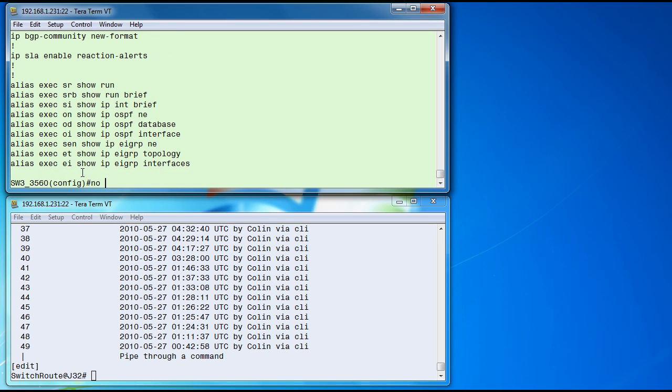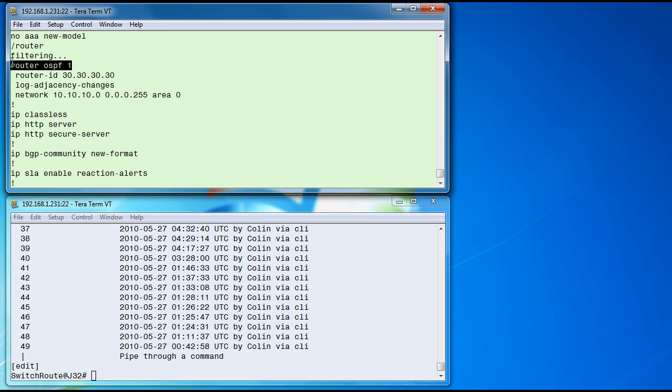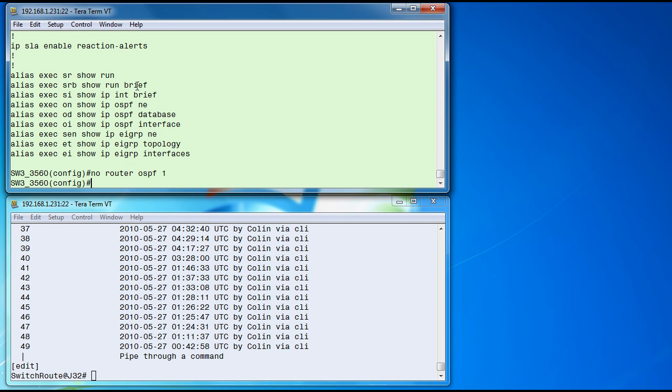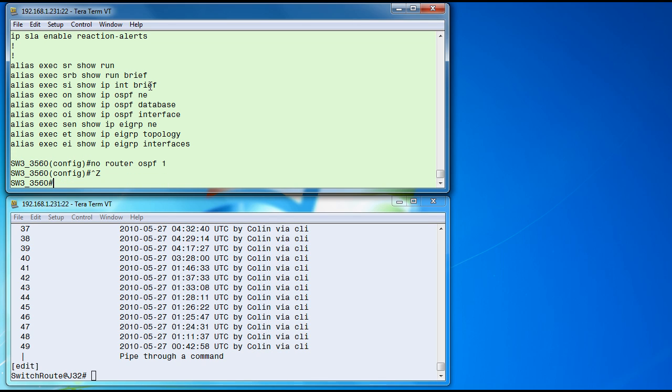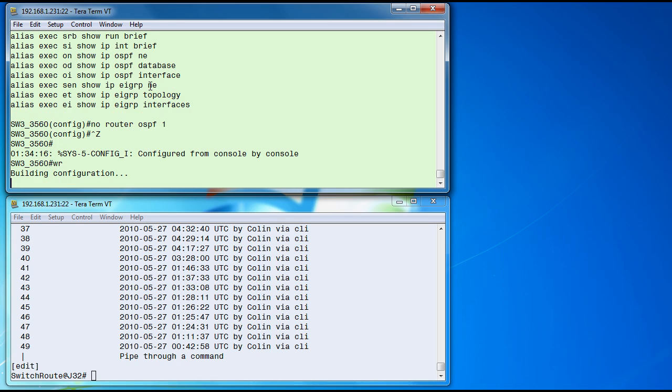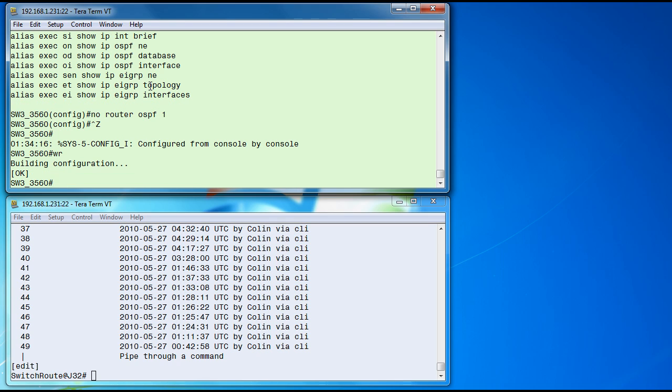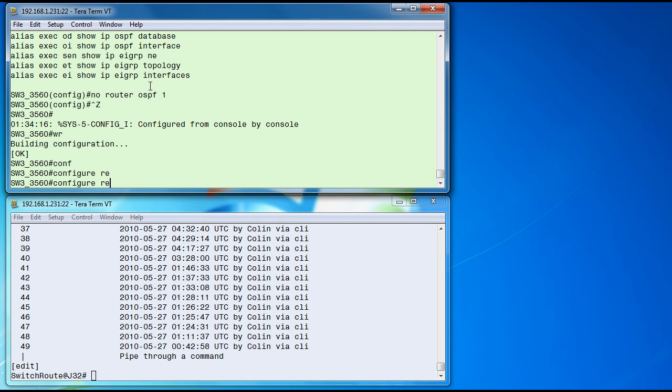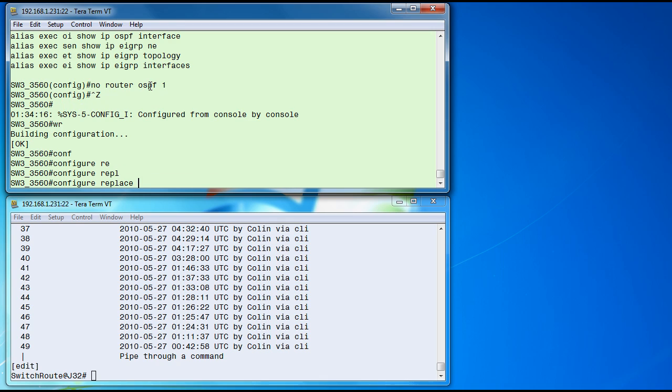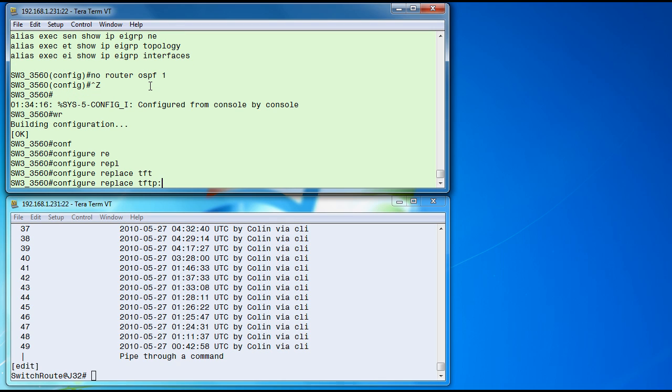We'll do no router OSPF 1. Control Z. We'll do a write. Let's say we worked for 30 minutes or whatever. Now I want to revert back locally. We can do a config replace from TFTP,